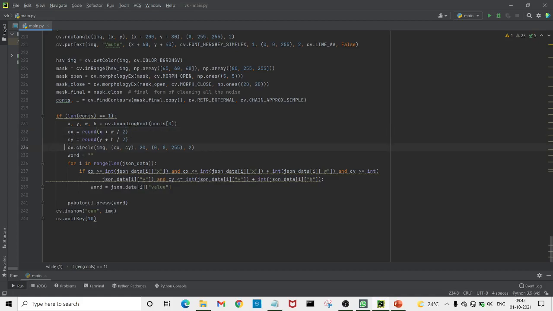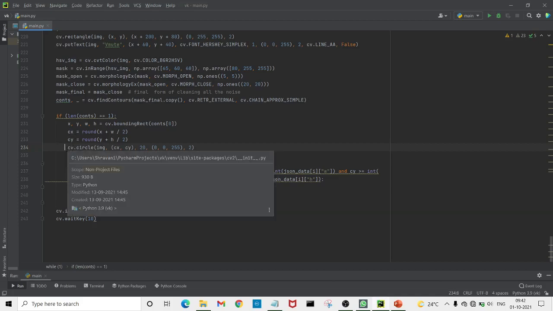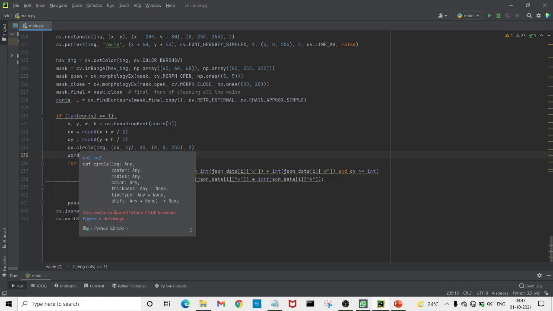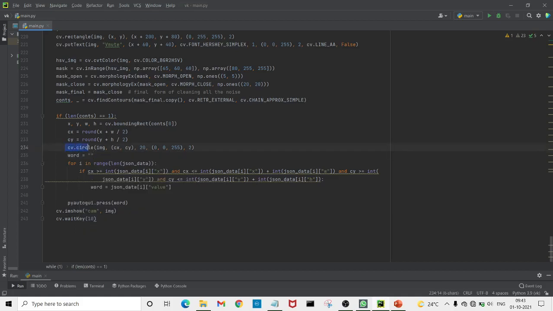So after declaring the cx and cy, we'll move on to cv.circle. This is a standard syntax for a circle. Whenever the contour, or in our case a green color, is shown on the screen while clicking or scrolling any key on the keyboard, we'll get a circle which will show the contour points.